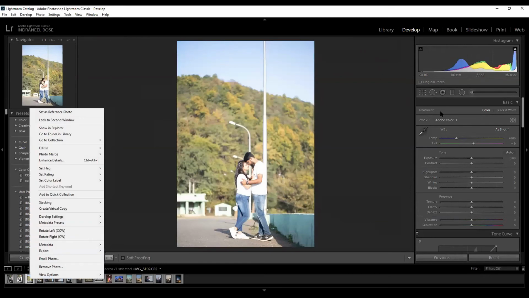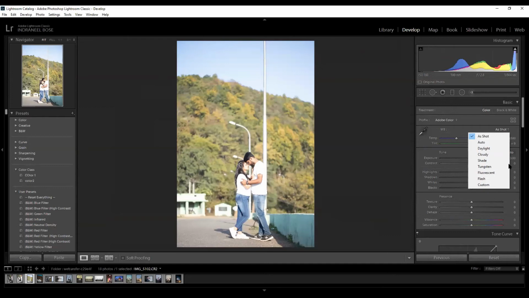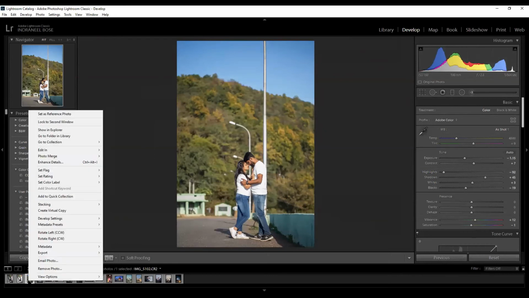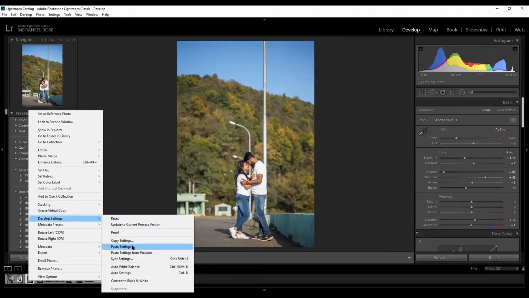See, now you first do an auto copy of it, okay? First and foremost, try to do an auto because it's a very overexposed image as we can see. Auto, we are getting everything fine. We don't have any issues right now. It's perfectly balanced. Now I go to develop setting, paste setting.